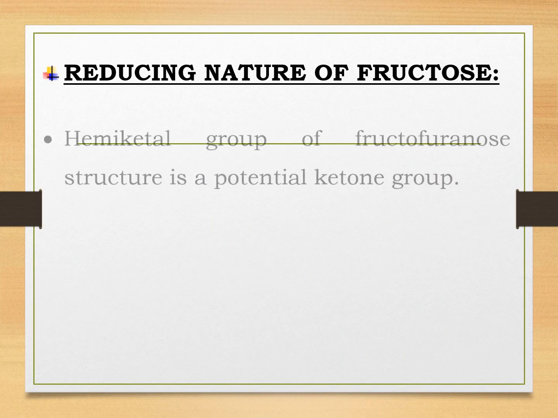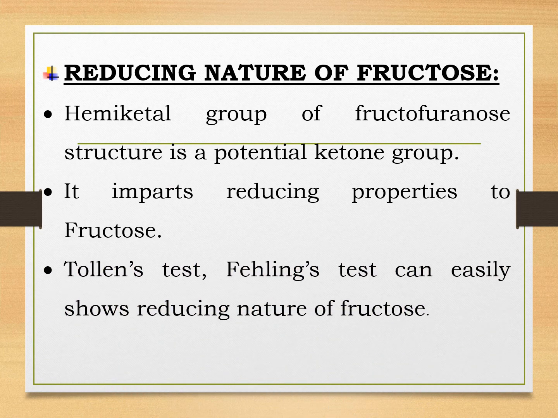We have already studied the reducing nature of glucose. Similar to glucose, fructose also has reducing nature. Glucose has a cyclic structure with a free hemiacetal group. Similarly, fructose has a cyclic structure with a free hemiketal group. In its solution phase, the cyclic structure of fructose opens up at the carbon bearing that hemiketal group. During ring opening, the hemiketal group changes into the ketonic group, and that is why it has reducing property, and fructose shows a positive test for Tollens' and Fehling's tests.